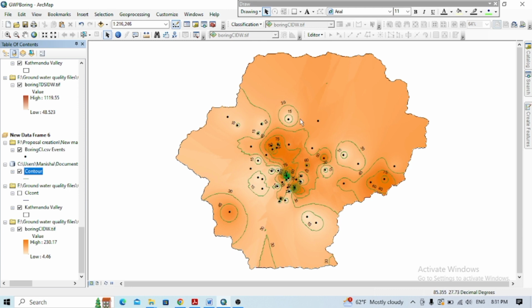This way you can present your data with the spatial variation of your research area. So thank you for